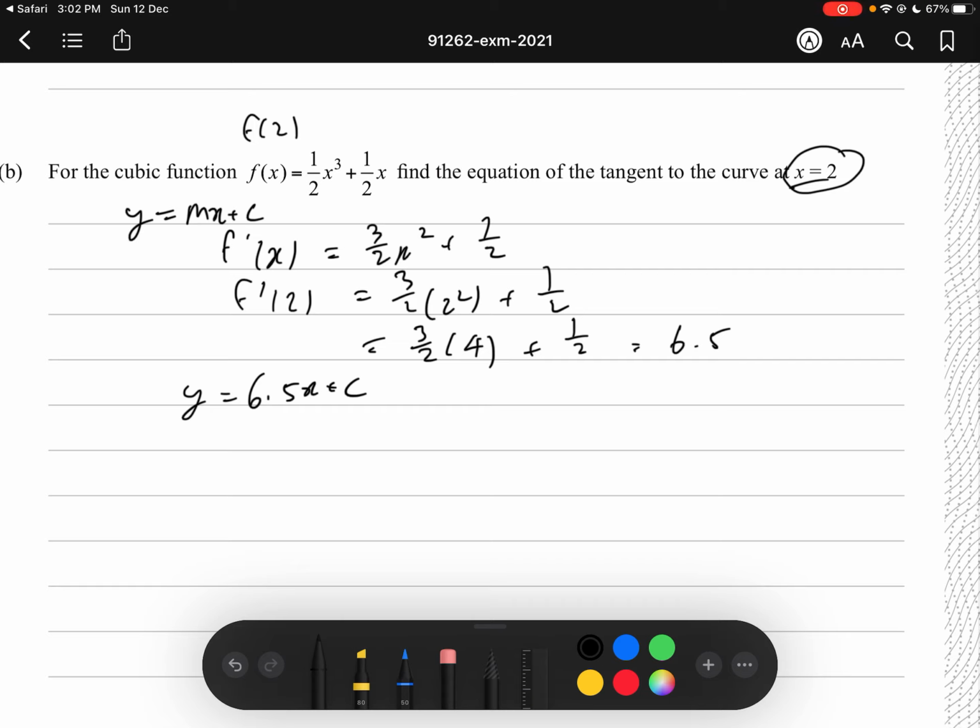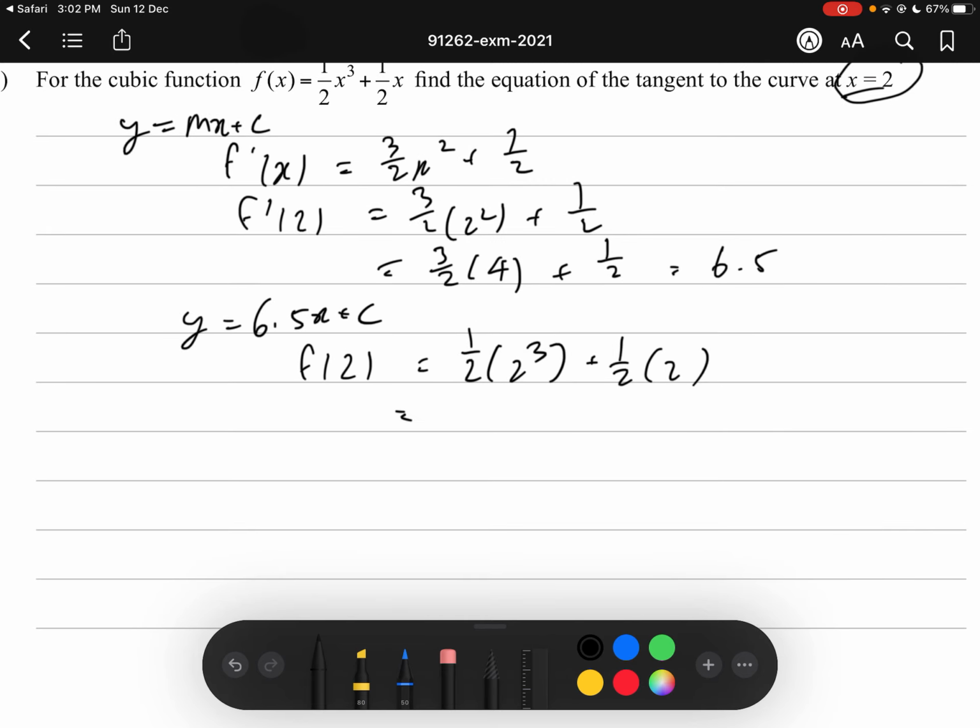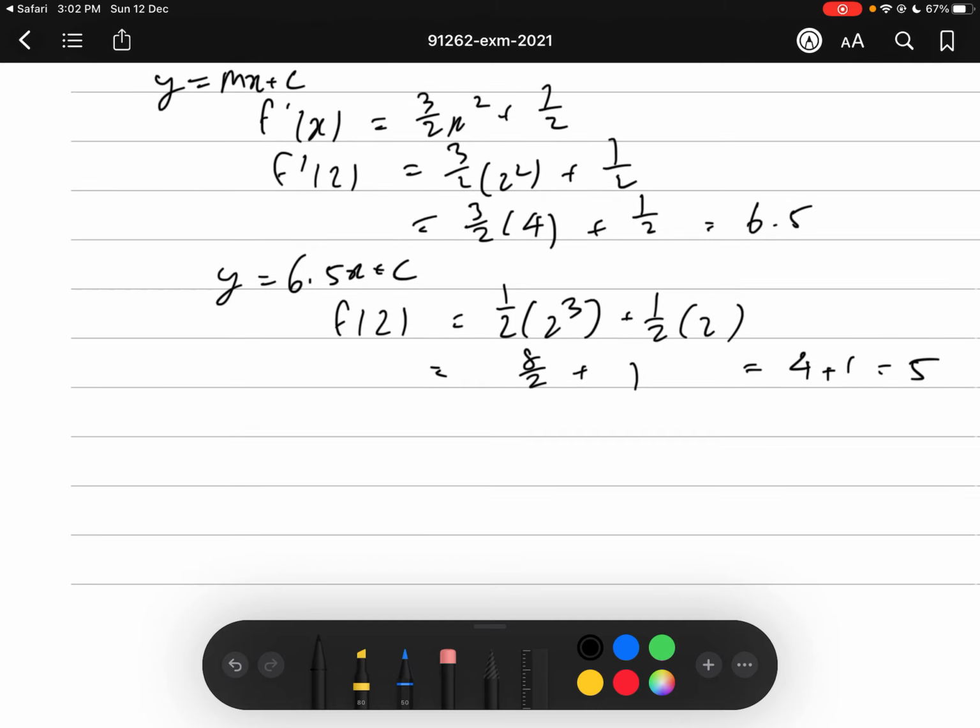We need to find one point on the line to find the equation of the line. We can say it touches the curve at x equals 2. So f of 2 is equal to 1 half of 2 to the power 3 plus 1 half times 2. 2 cubed is 8, so 8 over 2 plus 1 half times 2, which is just 1. This gives us 4 plus 1, which is 5. So we know that the line passes through the point